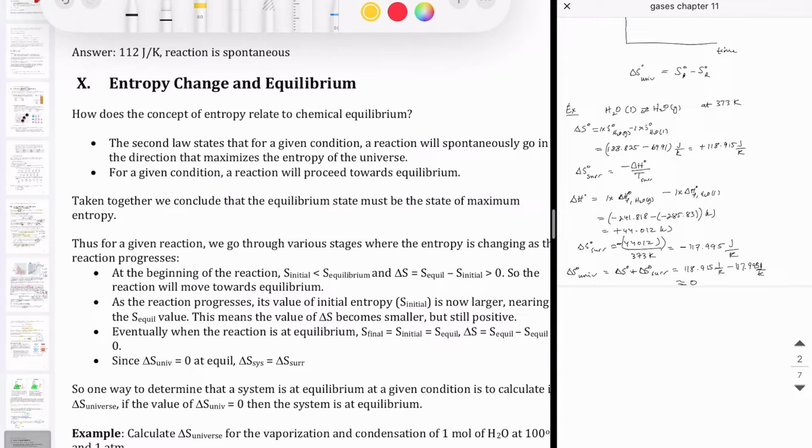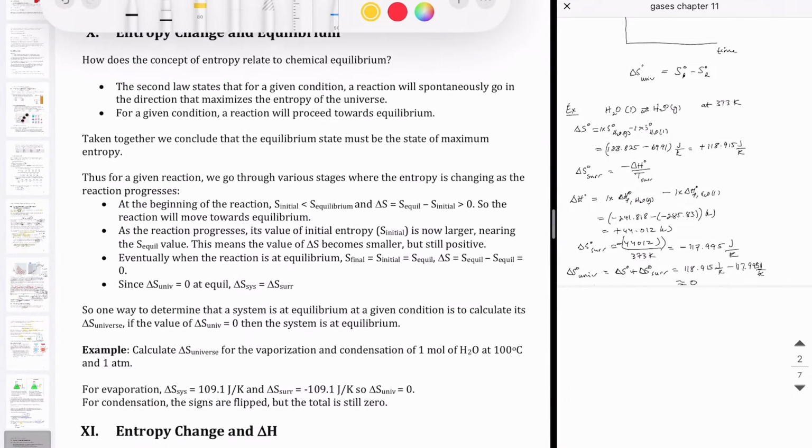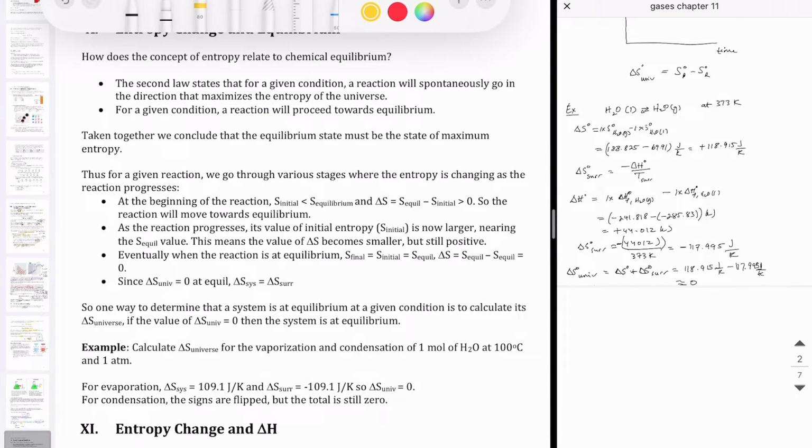So the question then becomes, what happens to the change in entropy when a reaction is at equilibrium? It's pretty clear that the change of entropy when a reaction is at equilibrium should be zero. That's because at equilibrium, the reaction is no longer going to go towards a specific direction. The reaction is finished, per the definition that we don't see any change in the concentration of reactants and products over time. So if the reaction is done, it's not going to go towards the product side or the reactant side. So if we calculate the delta S of the universe for a reaction at equilibrium, we should get a value equal to zero, because it's going to tell us that we're not going to go in a particular direction. This is how the two concepts of entropy and equilibrium are connected together.